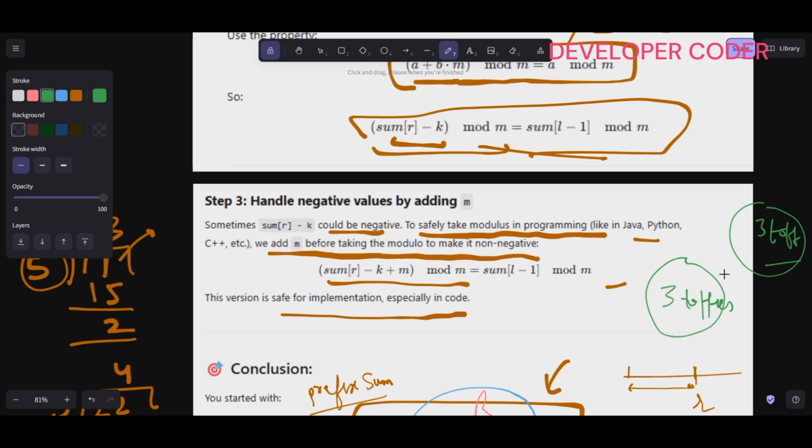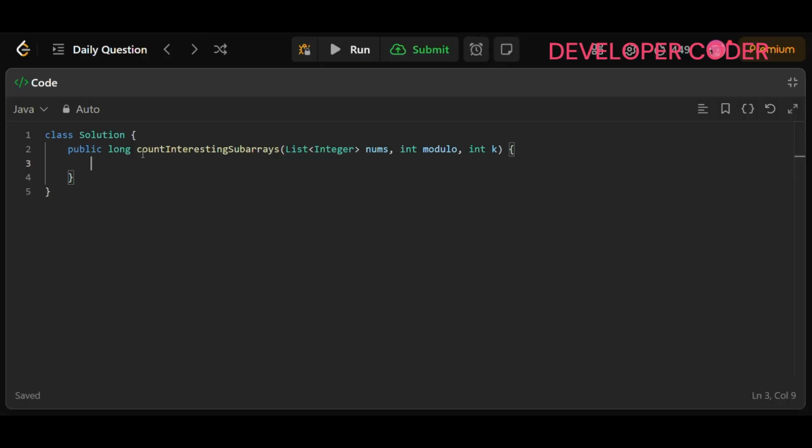So this is what you are actually doing. Okay, so let's write the code. All right, so here int n is equal to nums.size. Then you have to create one hash map, Map with key as integer and values as integer, and let's name it count is equal to new